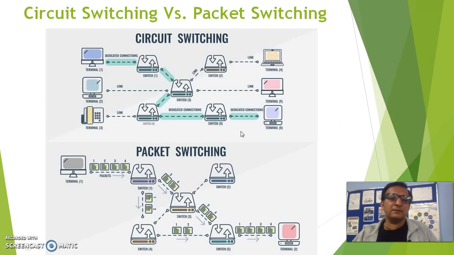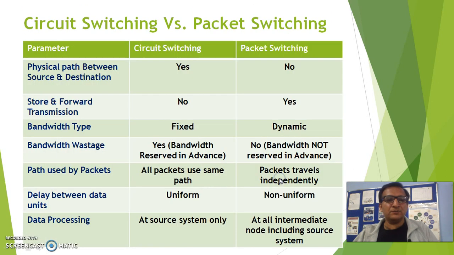If we compare circuit switching and packet switching, circuit switching establishes a clear-cut path or connection before it transmits the data. But in packet switching, the message is divided into packets that have a header and payload, which carry the data as well as the routing information like addresses, and they reach the destination by following any path. Now if we compare these two techniques on the basis of various parameters, first, a physical path between the source and destination: yes, circuit switching has a physical path, but packet switching does not.